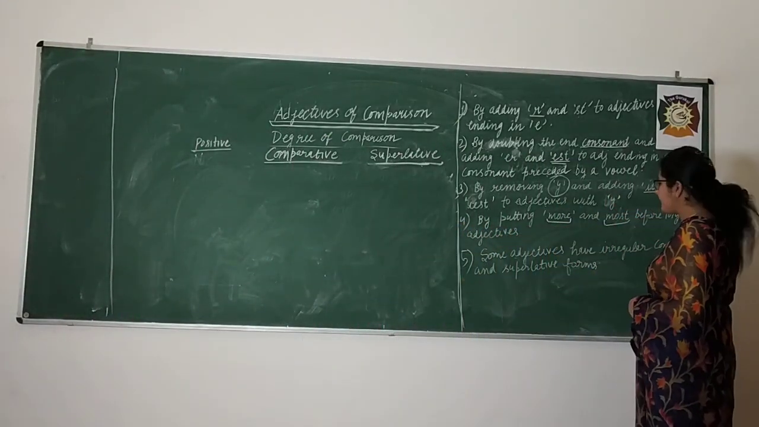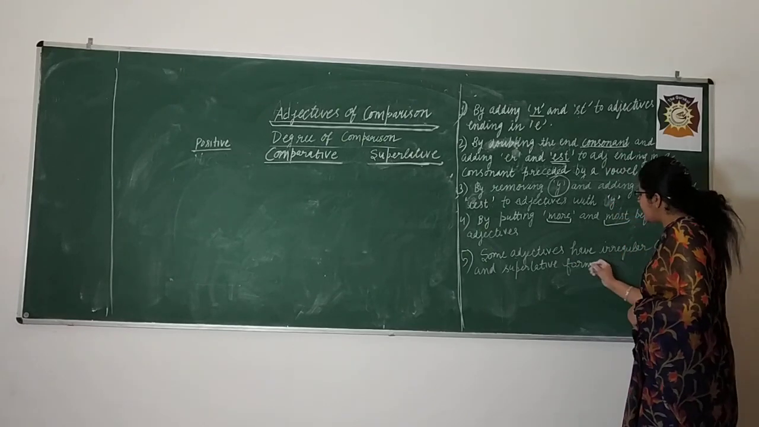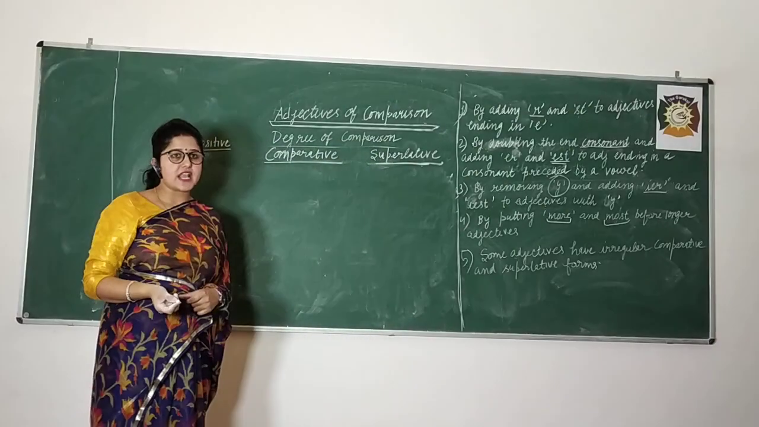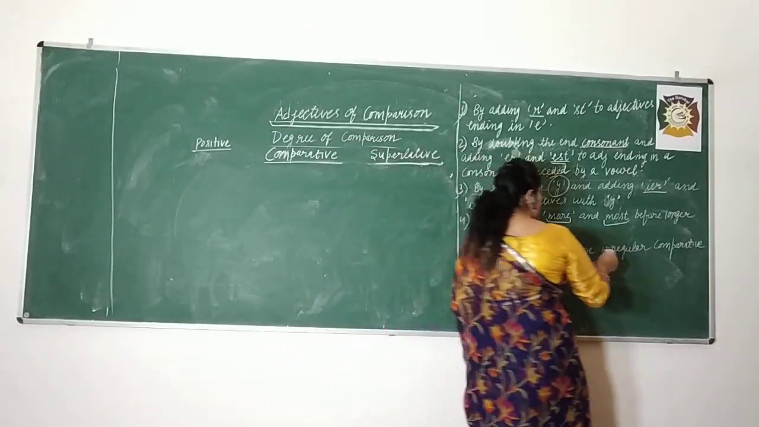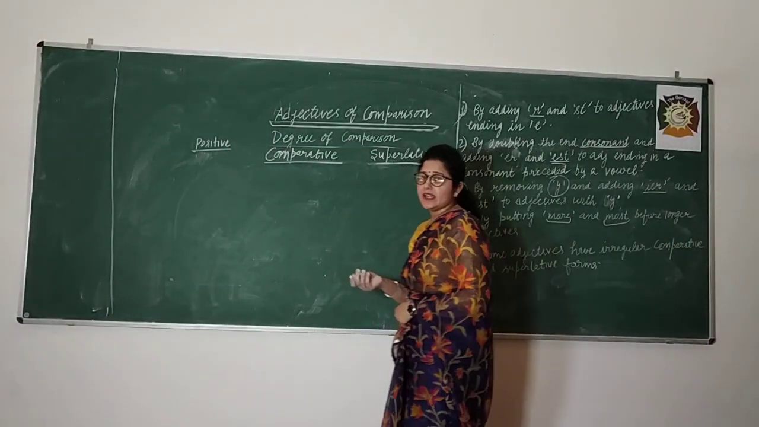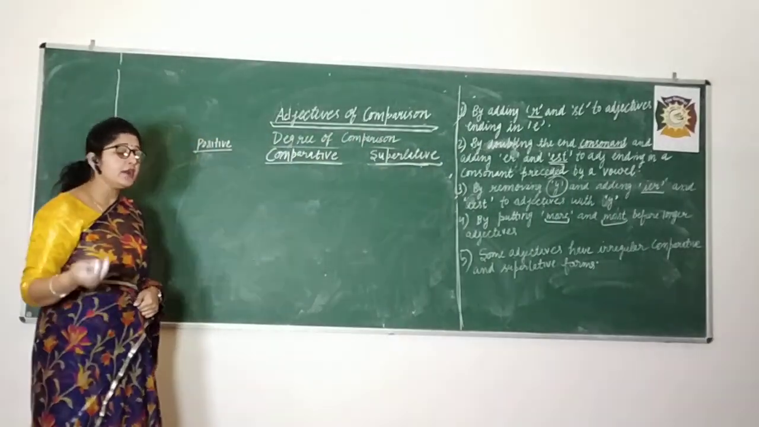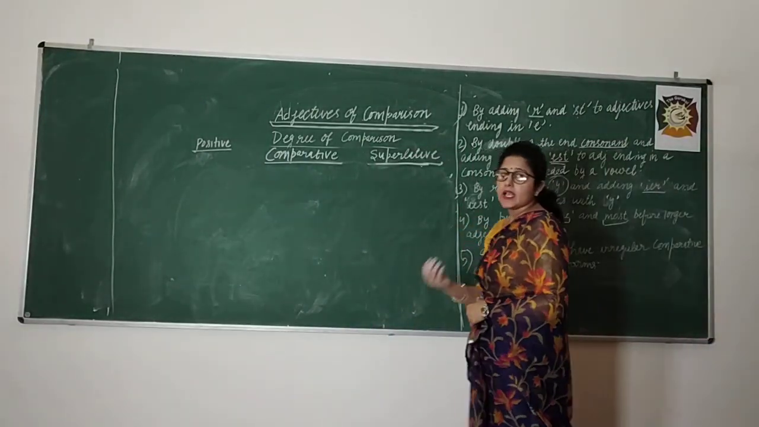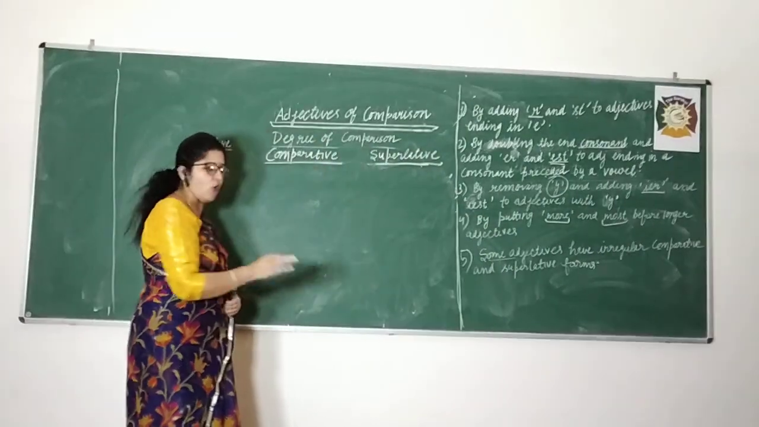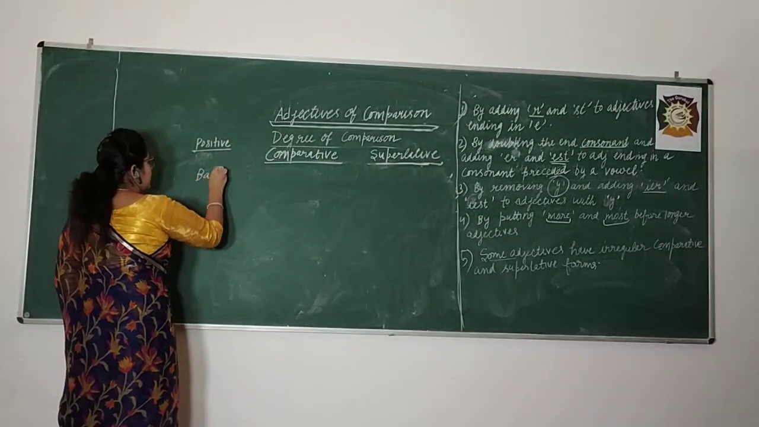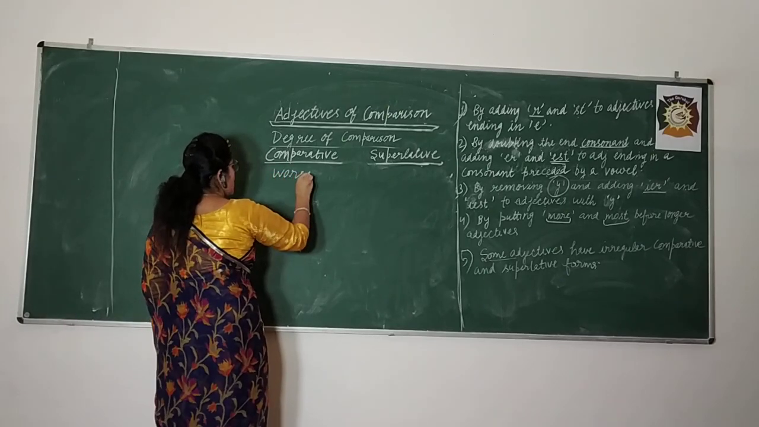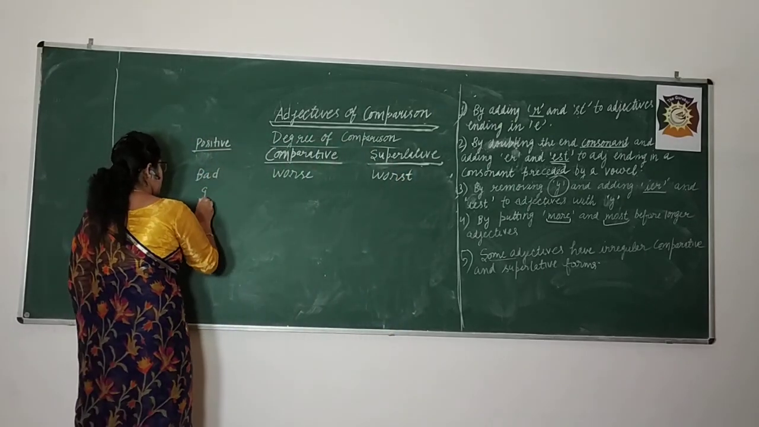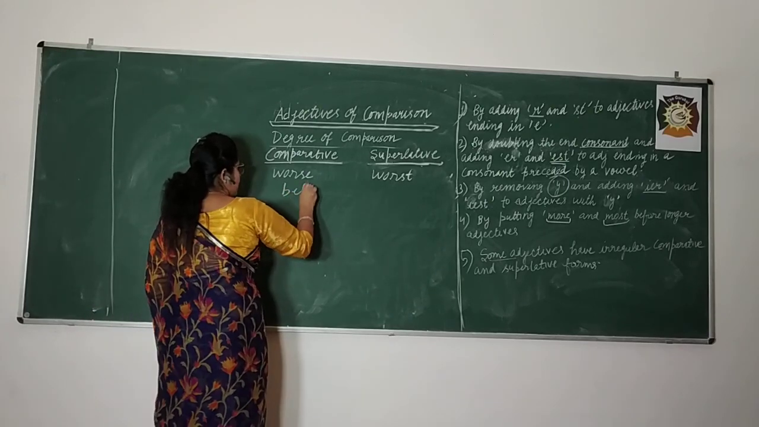Adjectives that have irregular comparative and superlative forms. So my dear students, there are many adjectives in the English language that never follow any rule, like we can't add ER, EST, more or most after them. They never follow rules. They have irregular comparative and superlative forms, like bad, worse, good, better, best,